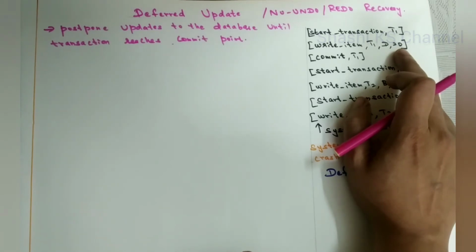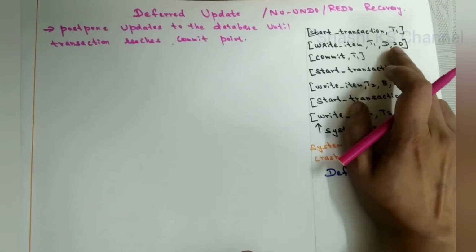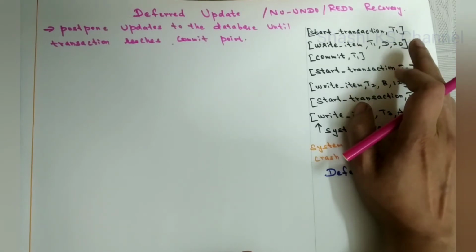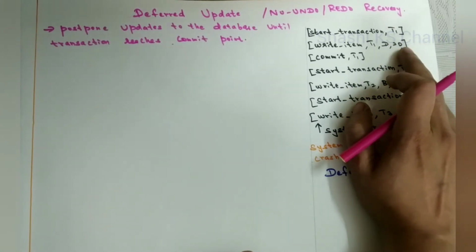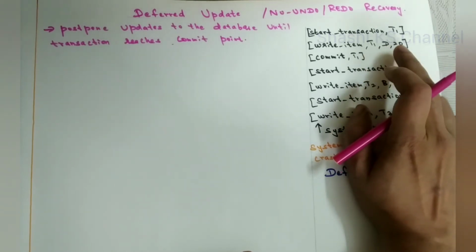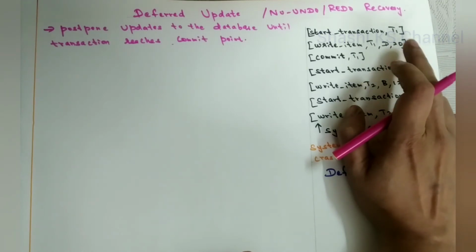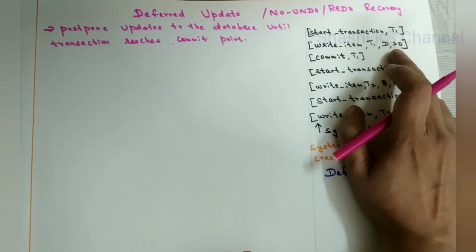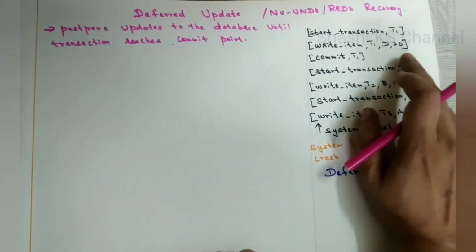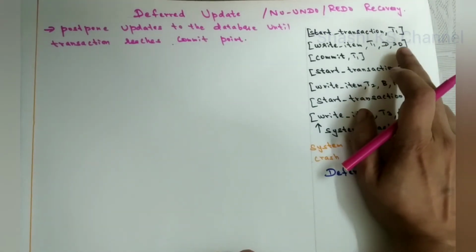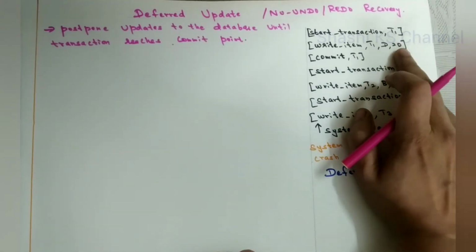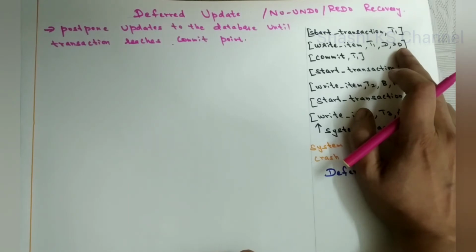So due to that reason, the log entry will maintain only the new values of the data item. If an undo operation is there in the technique, then the log entry will maintain both the old value as well as the new value of the data item. But here we don't need the old value at all, because an undo is not going to be done in the deferred update technique. So only the new, updated values of data items will be stored in the log